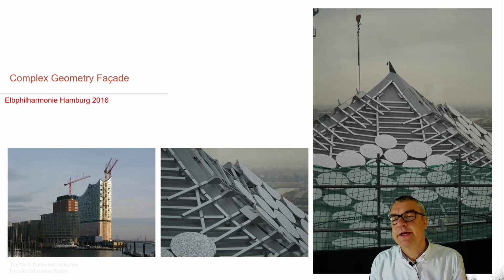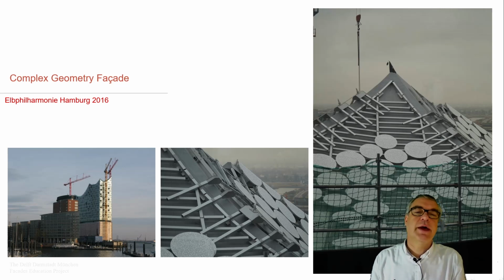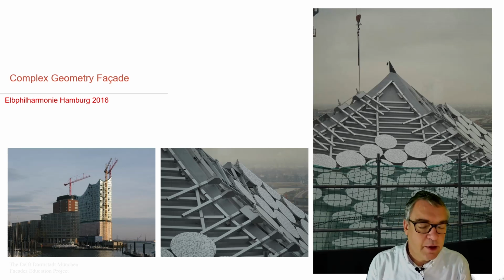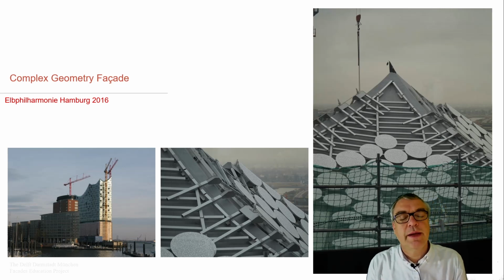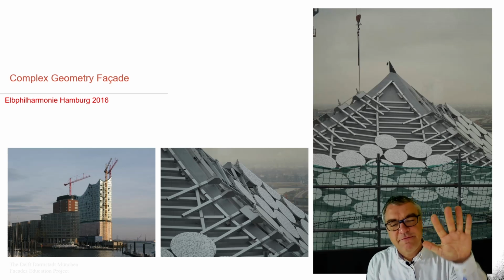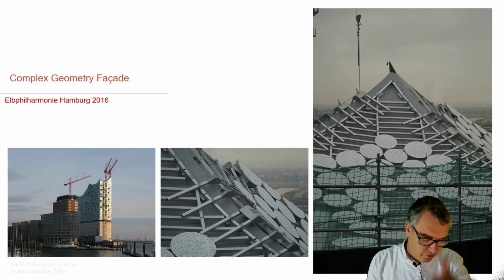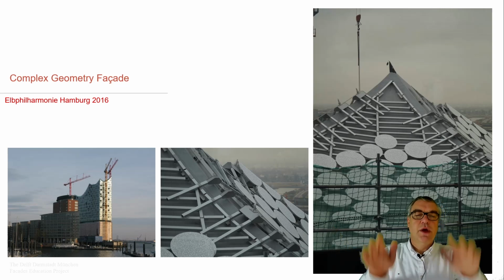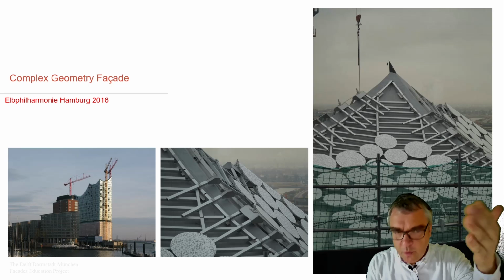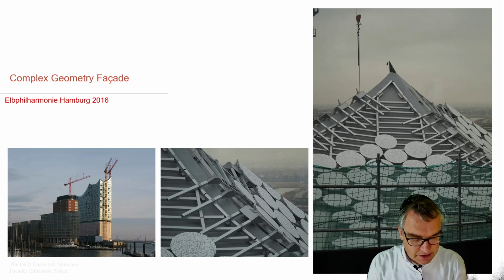For the Elbphilharmonie project in Hamburg, they wanted to have this outer surface. They needed to make the rain-tight layer for the roof with a limited number of penetrations. Getting each of these spheres fixed to this rain-tight layer would deliver a lot of penetrations, with the consequence that they built this entire substructure to carry these loads and fix the substructure at some very limited positions to make sure there's a limited number of penetrations of the foil below, which is one way of creating this outer surface.